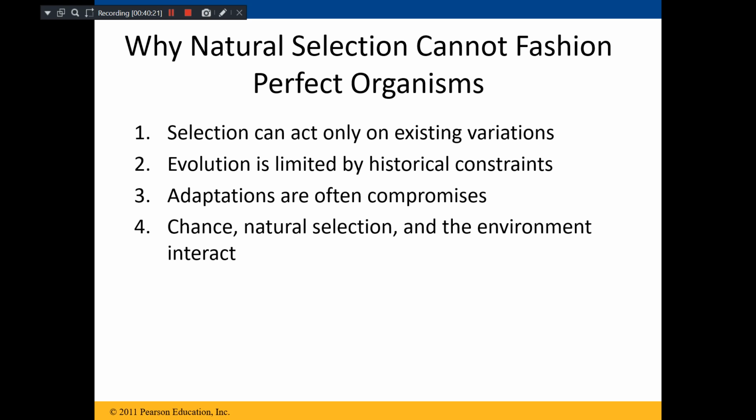Then evolution is limited by historical constraints. So many genes we have lost in history. So many variations we have lost in history. Natural selection can operate only on those variations which are present. There may be some features which would have been very nice if they existed even today, but they are not seen. The entire process of evolution is limited by historical constraints.